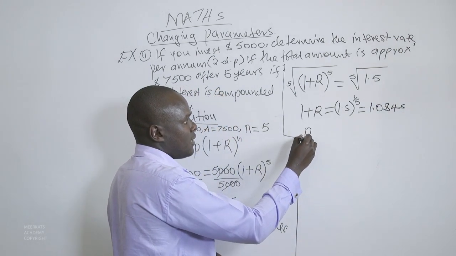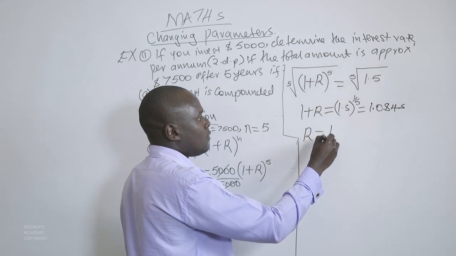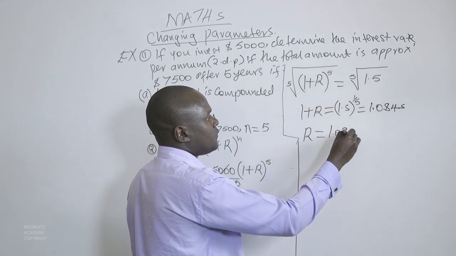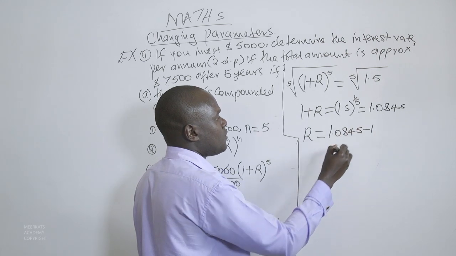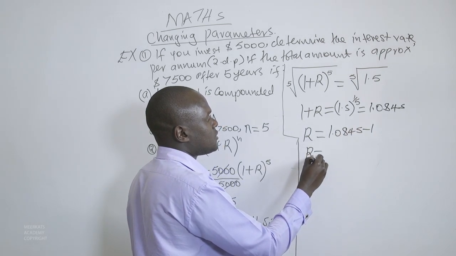So this means our r will be equal to 1.0845 minus 1, and our rate will be